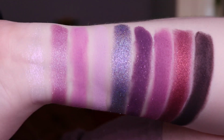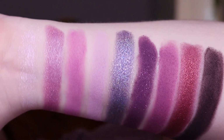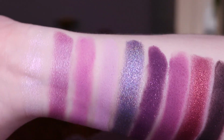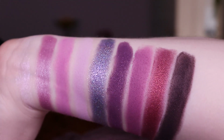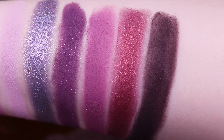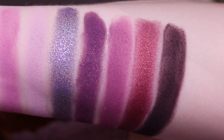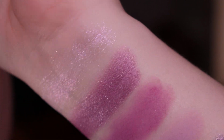So that is the whole Heather palette swatched out, and this is just like I know Glam Shop formulas to be. It's super pigmented, and I just really like this palette. It has so much depth. Look at that last matte, that is what I call a deepening shade. It's amazing. So I'm also showing this one with the flash on the side, and you can see the first